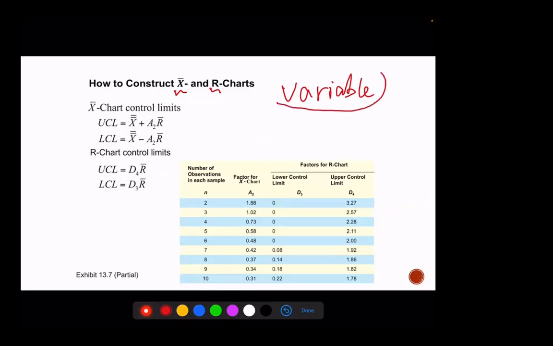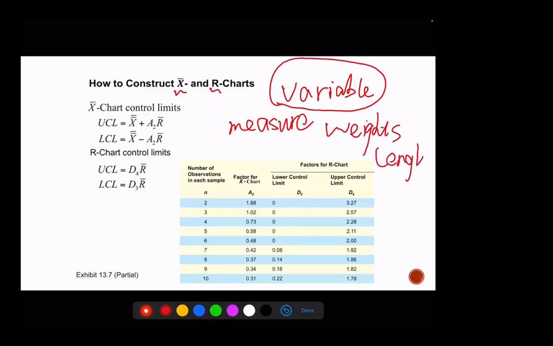So for these charts, the factor you care about is the things you measured, just like the weights, the length. So they might not be integers. They might be something with decimals. So they are the things you measured, not counts. And if you consider those values, those factors, please use a variable control chart, which is the X bar and